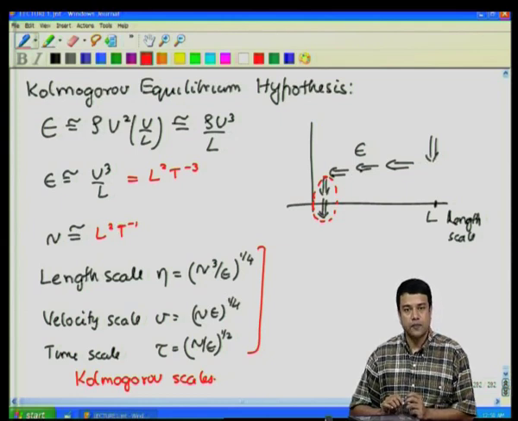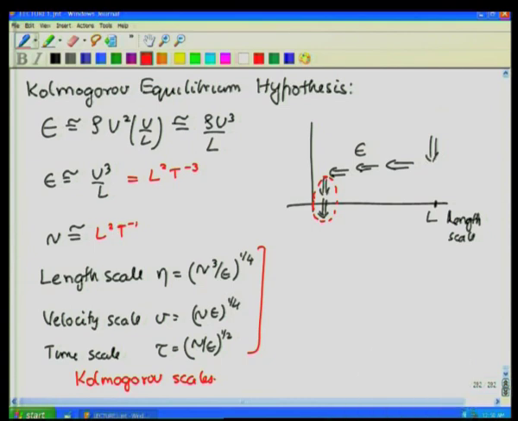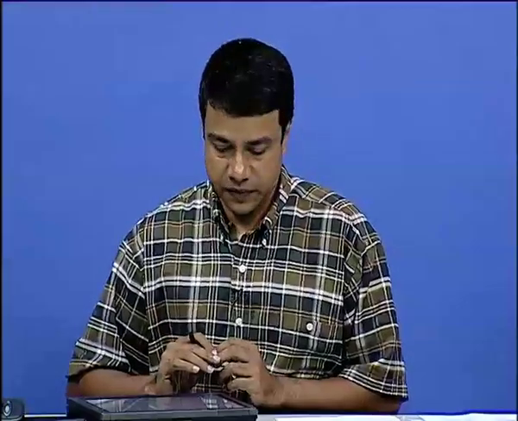So, this result we will continue in the next lecture. There is a little bit more to be done. We can, for example, calculate the ratio of the Kolmogorov scale to the macroscopic length scale, or the velocity scale to the macroscopic velocity scale, and try to see why these scales are generated. And from that, we will look at simple ways of modeling the turbulent flows.